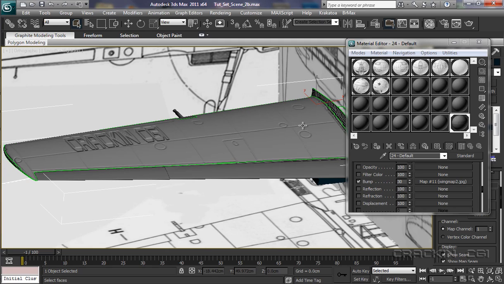Yeah, this is a demonstration. With this UV map, it took me about 10 minutes to create and apply it. Now that's a bump map. I also created